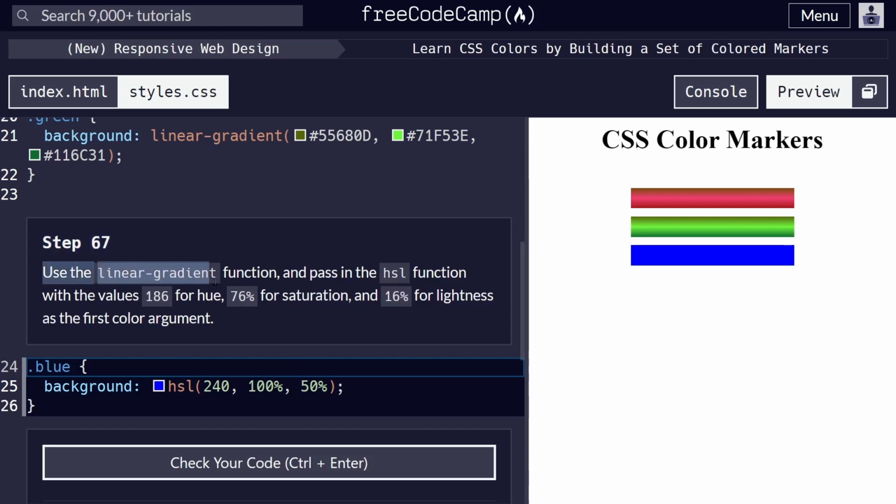Use the linear gradient function to pass in the HSL function with the value